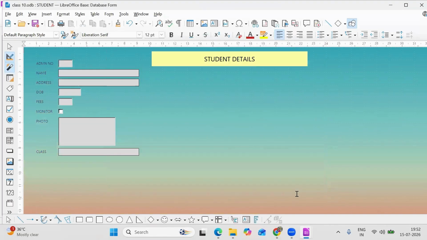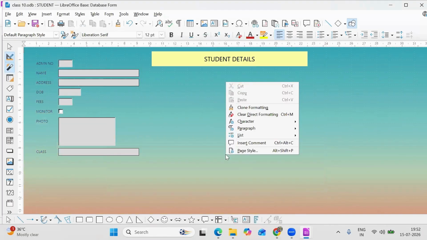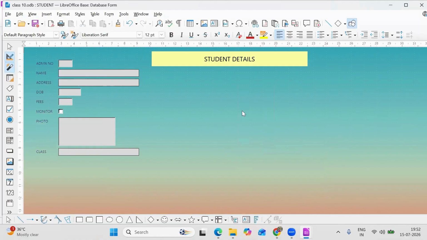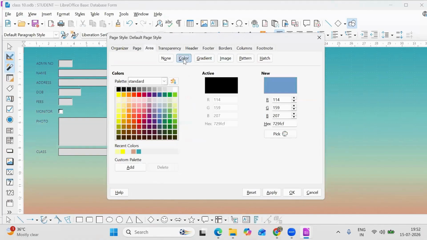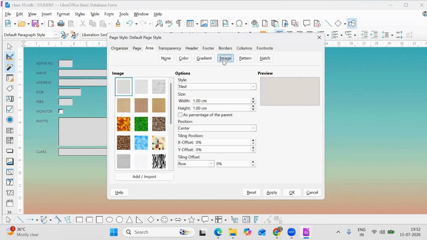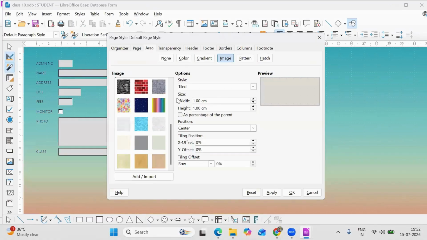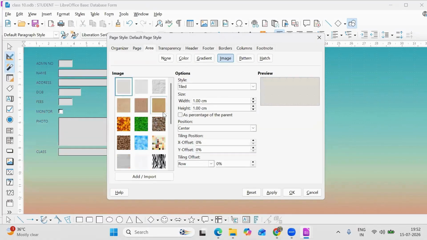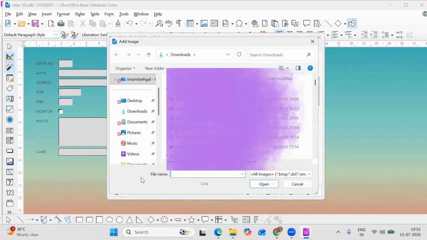So this gradient effect I have given in the form. And if you want to change page style, right click page style, color, you can give any color also. You can also insert an image in the background. Suppose you have stored some image in your system and you want to add that image as a background of the form, then you can click on add and import, select the image file, and then you can add that image file as a background of the